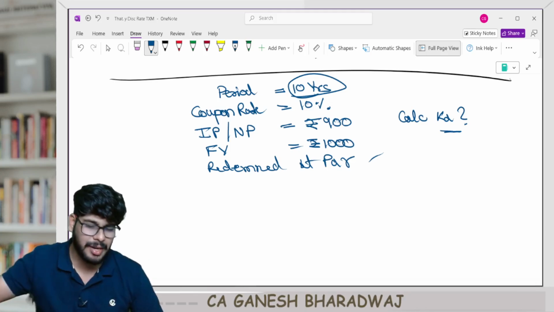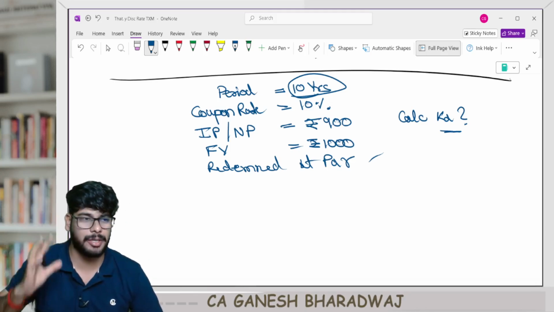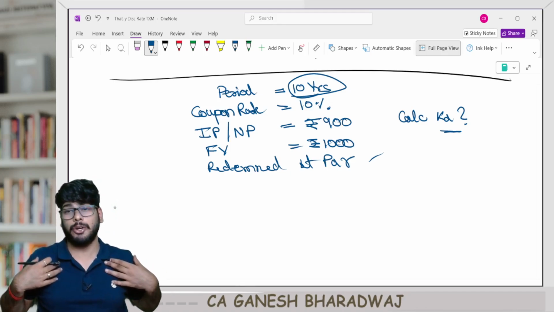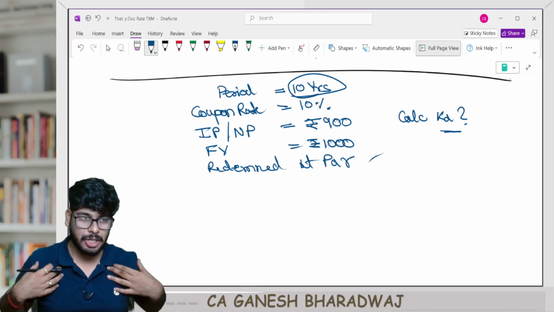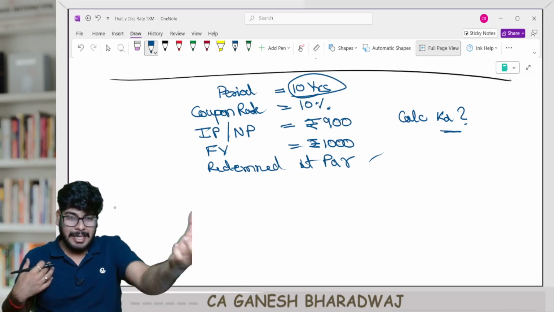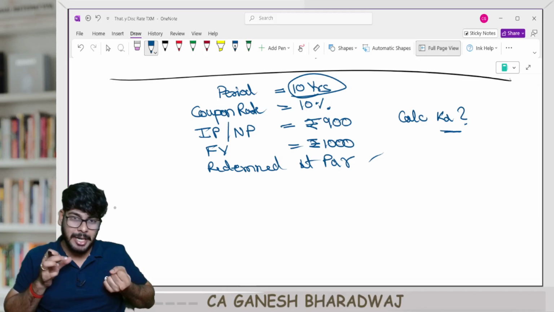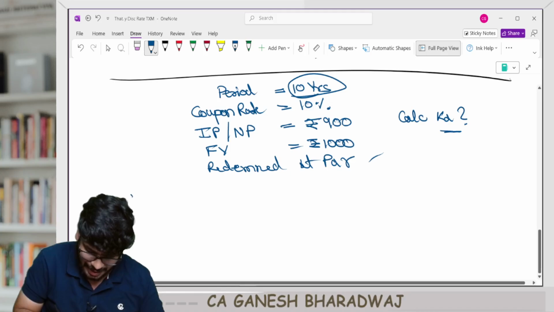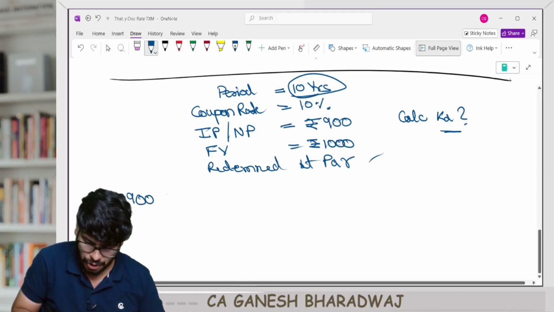First thing, frame the cash flow equation. It is the most important thing. Frame the cash flow equation. We are doing this calculation from the viewpoint of the company. So, can I say the present value of inflow should be equal to the sum total of the present value of outflows? Or in other words, can I say 900 should be equal to